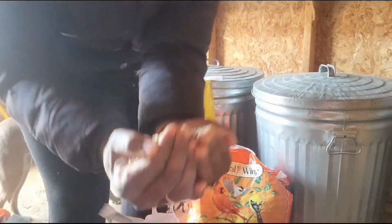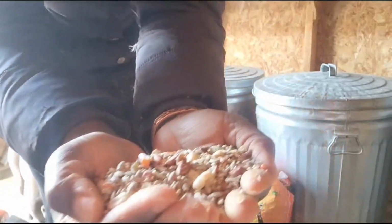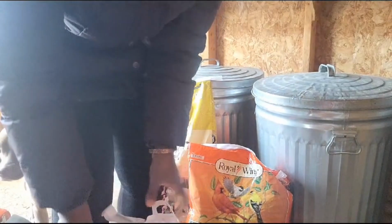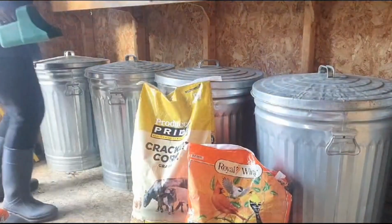So I'm just going to show you real quick what this looks like in here. See that, guys? It's a really nice mix of nuts and seeds, pumpkin seeds, and this is all without the hull on the seeds. So what I have here is that mix, the cracked corn, the black oil sunflower seed,